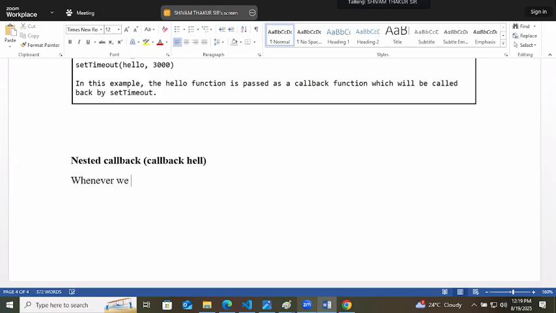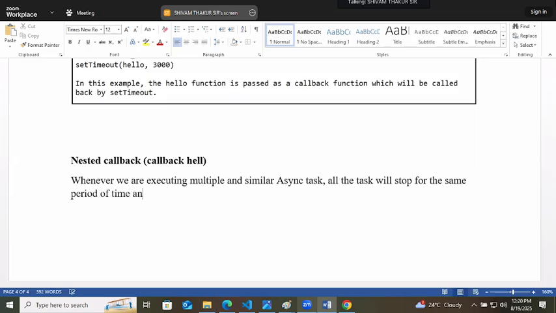Now whenever we are executing an asynchronous task, or when we are executing multiple similar asynchronous tasks, all the tasks will stop for the same period of time, and after the time delay all will give the output at the same time.